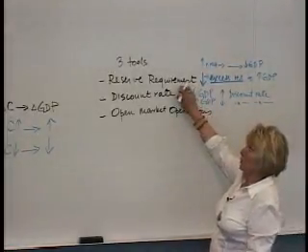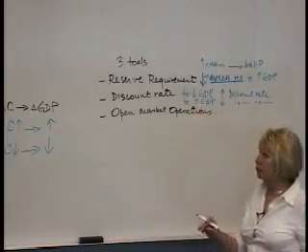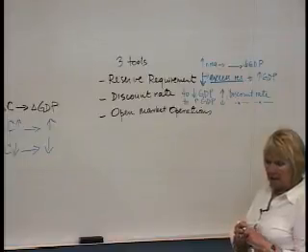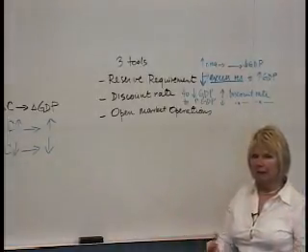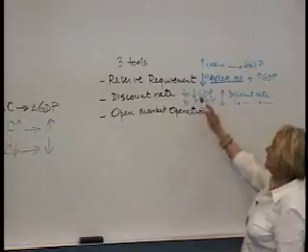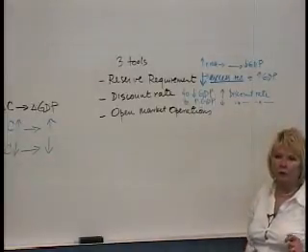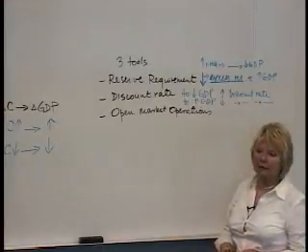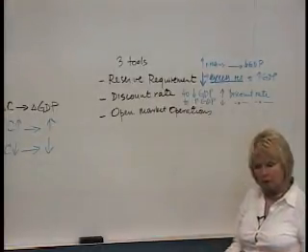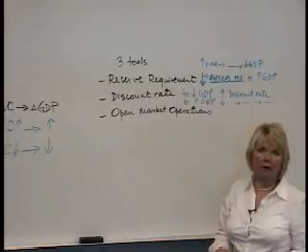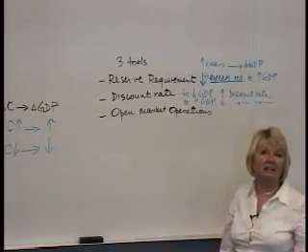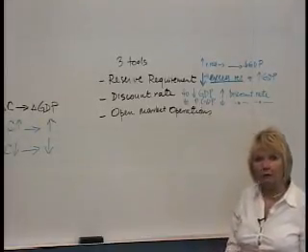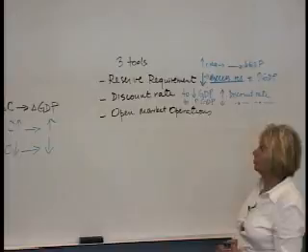Now, the reserve requirement is the most powerful tool that you can use. It's powerful because there is this multiplied impact throughout the economy, and because it's so powerful, it is used very rarely. The discount rate is not used very often because if the Federal Reserve would like to reduce the amount of money in the economy, they're not at the same time going to be lending it out. So this is going to be kind of a last resort, lender of last resort. That's what the Fed would be.